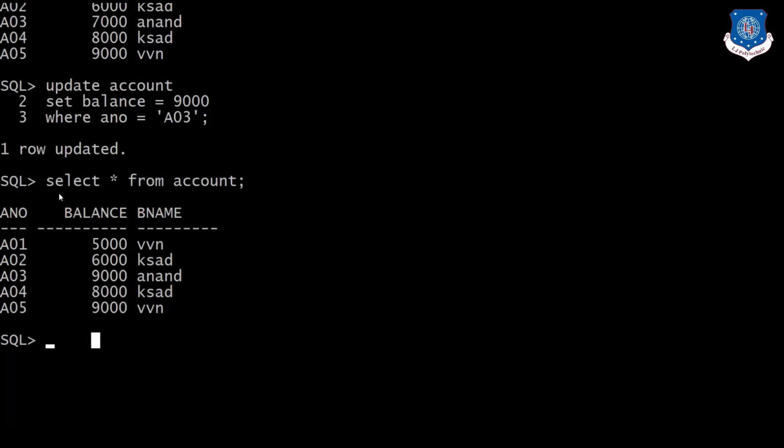Suppose I want to add 10% interest to the balance in each account of the account table. What I need to do is update account set balance equal to balance, as the existing amount will be there, and we need to give 10% interest, so into 0.10.